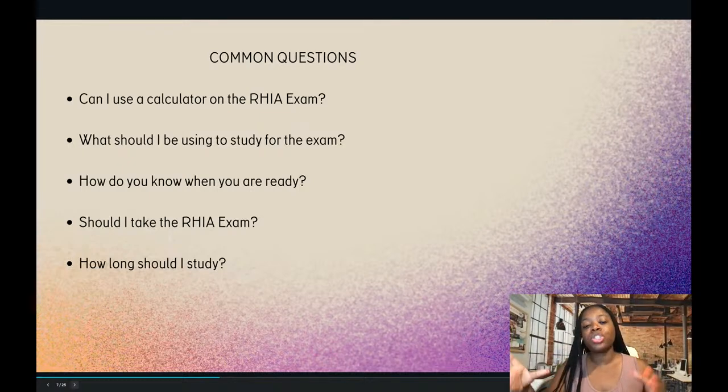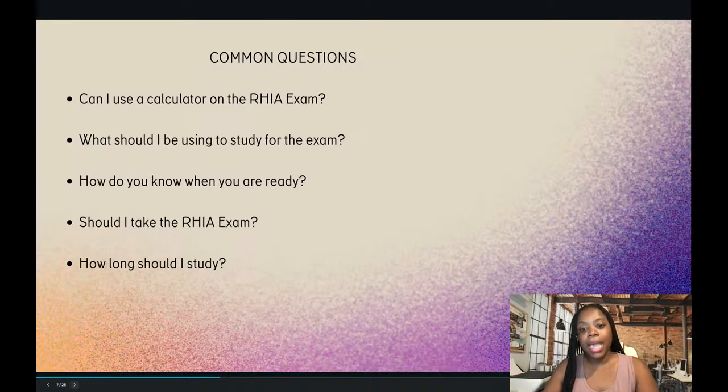So if you want to purchase the course and save your money on buying those additional resources, you can. Do you need all the books to pass? No, it really comes down to, do you understand and can you answer the questions that are in the RHIA book? Are you fluent enough in the concepts to take this exam? And that is really going to determine